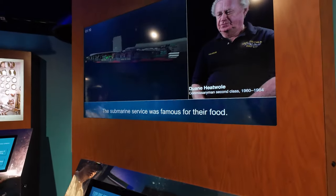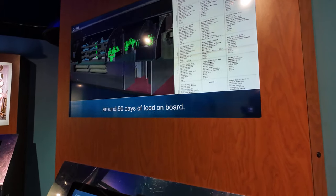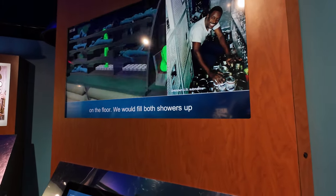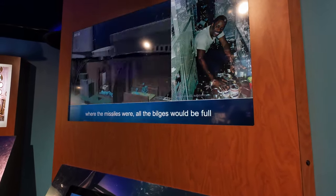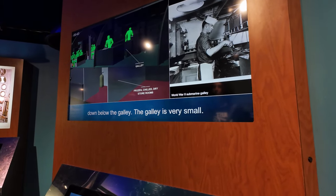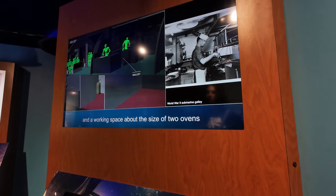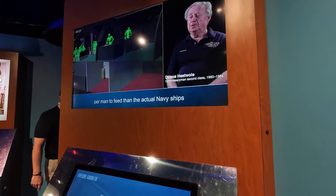Submarine service was famous for their food. When you deployed, you were required to have around 90 days of food on board. So we would store food sometimes with water. Yeah, food's important. You gotta have the food. Showers and sacks of potatoes. All the buildings would be full of canned goods, ice storage, freezer storage down below the galley. Well, the galley is very small, but very important: ovens, a small sink, and a working space about the size of 2 ovens. Considerably more money per man to feed than the actual...